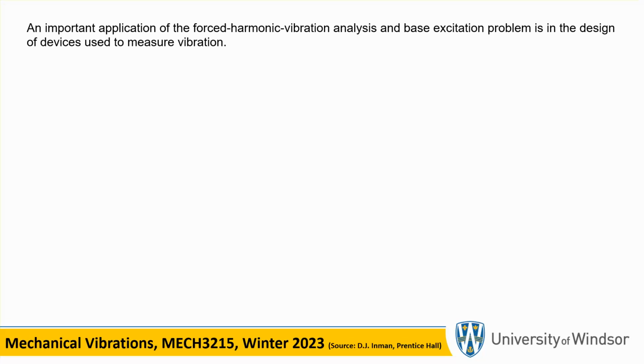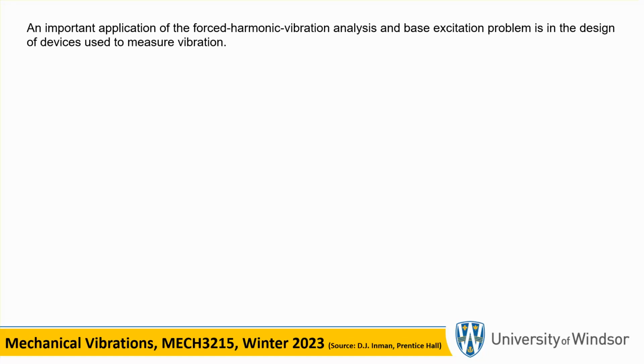So the base of that platform where this delicate instrument is sitting is subject to the movement which is being transferred from that other machine through the ground to this delicate equipment. But what we want to show you today is another application of this concept of base excitation,